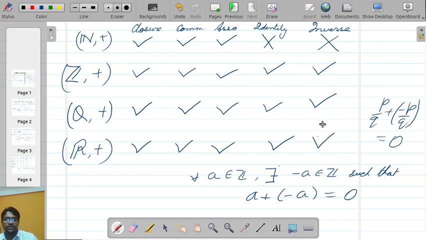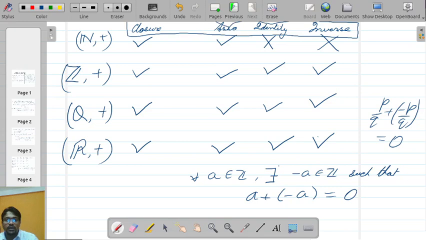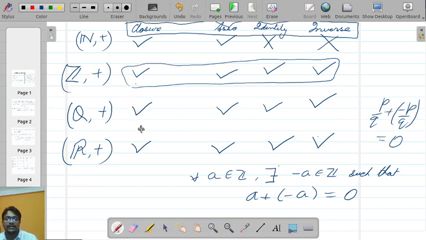For real numbers also it is satisfied. Other than the commutative property, which for the time being we set aside, these four properties give us the concept of a group: closure property, associative property, existence of identity, existence of inverse. This definition of group is motivated from the properties of Z, Q and R, which we have been learning quite naturally.